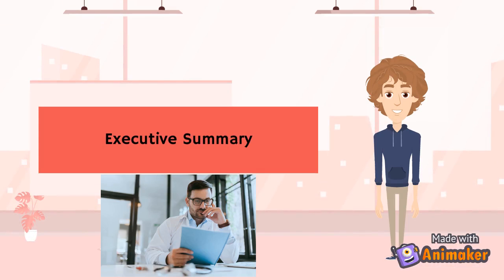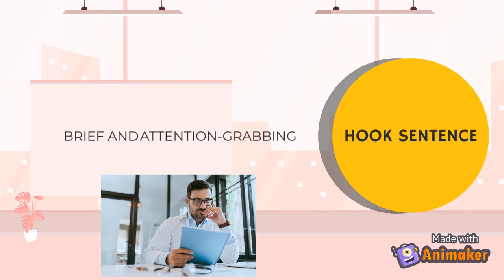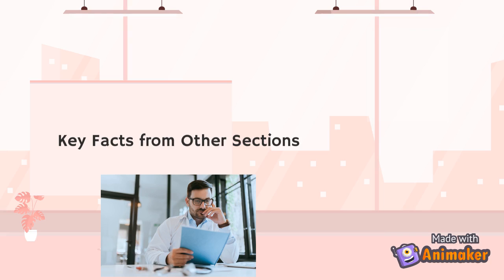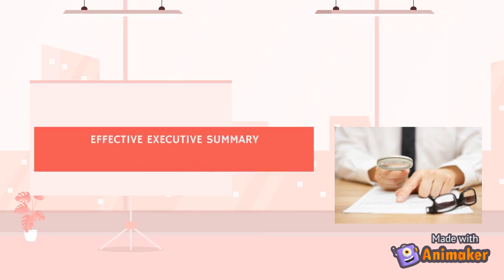The executive summary serves to provide the key facts for each section of the business plan. It is viewed as the most important section of the business plan and should be characterized as being brief and attention-grabbing. It should begin with a hook sentence that serves to describe the opportunity and why that opportunity is so great. After that, it should include key facts regarding the following: description of opportunity, business concept, industry overview, target market, competitive advantage, business model and economics, team and offering, and financial snapshot.